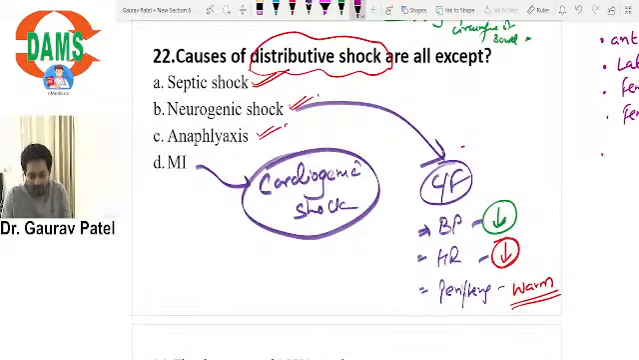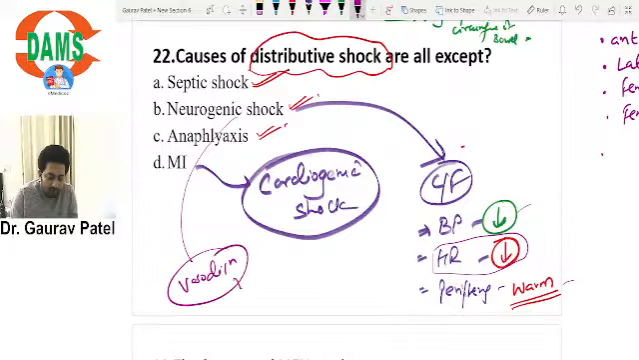Okay, so only one shock in which bradycardia is seen, that is neurogenic shock. In septic shock and anaphylactic shock, the BP will be low, periphery will be warm initially, but the heart rate will be high. There will be tachycardia. Remember it is warm periphery. How can it be cold in the neurogenic shock? There is